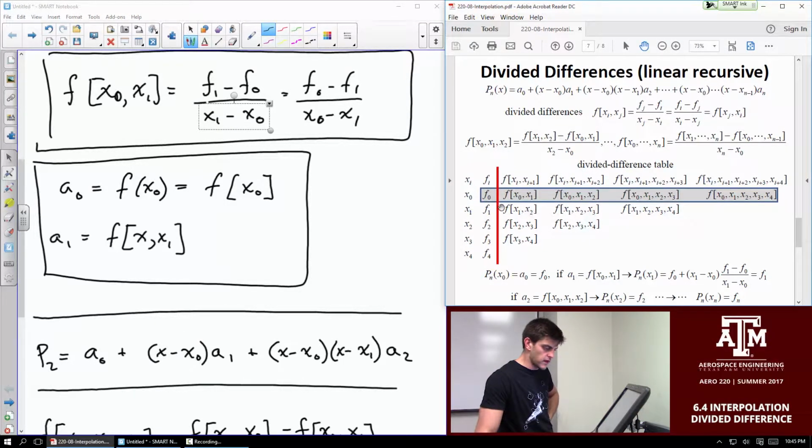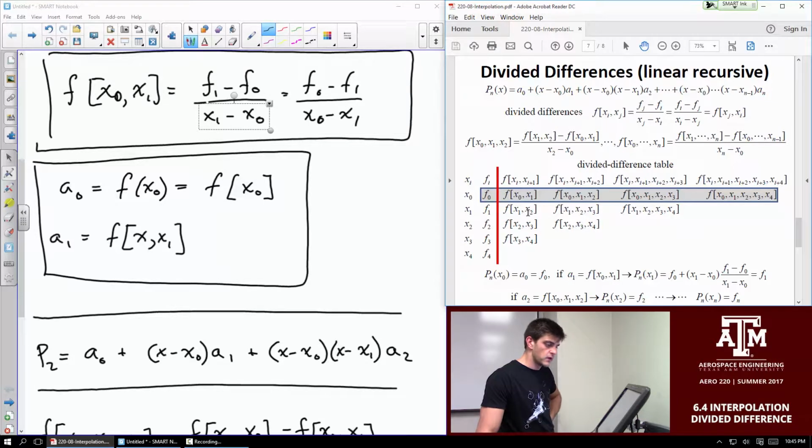If you're going to do this guy, it's going to be f sub 2 minus f sub 1 divided by x sub 2 minus x sub 1. Pretty straightforward for this first column. Now the second column, and this is where the recursion comes into play, you need to use these values to